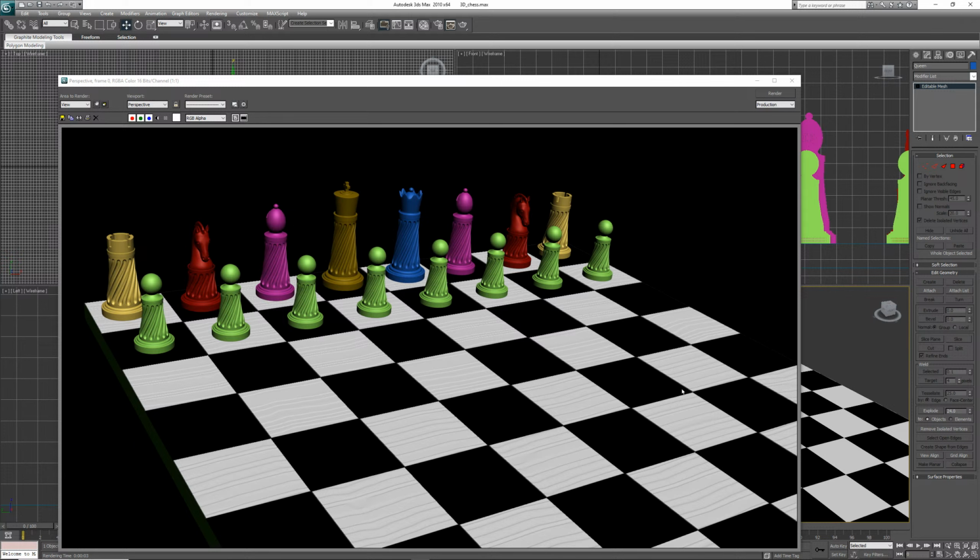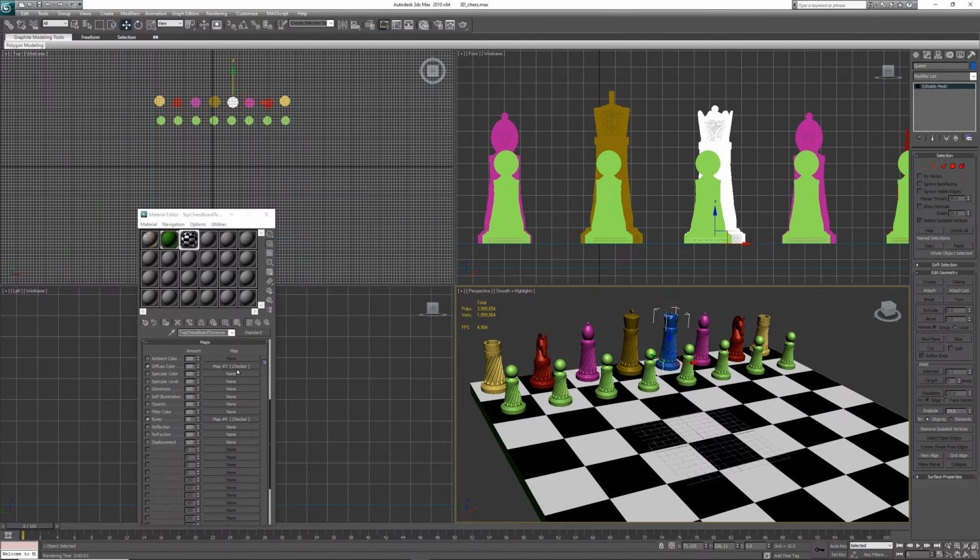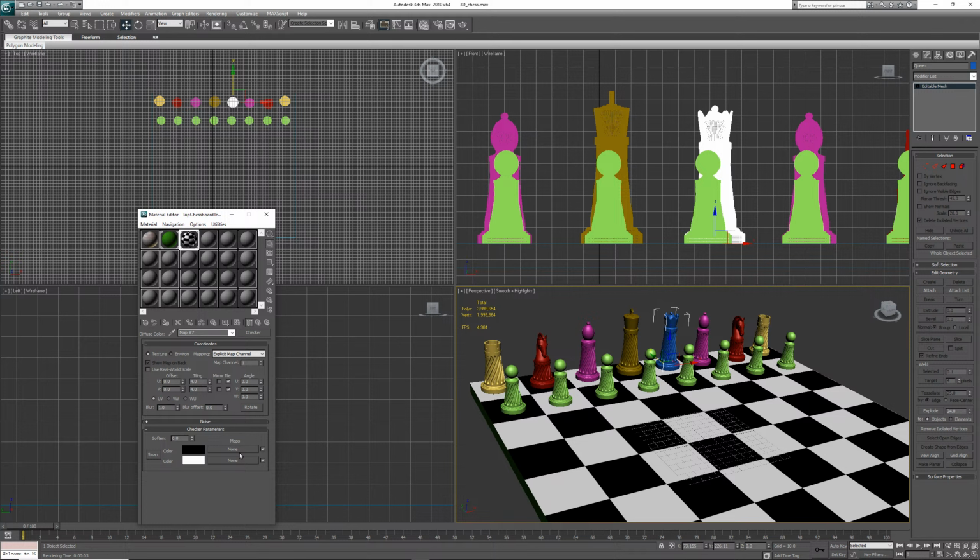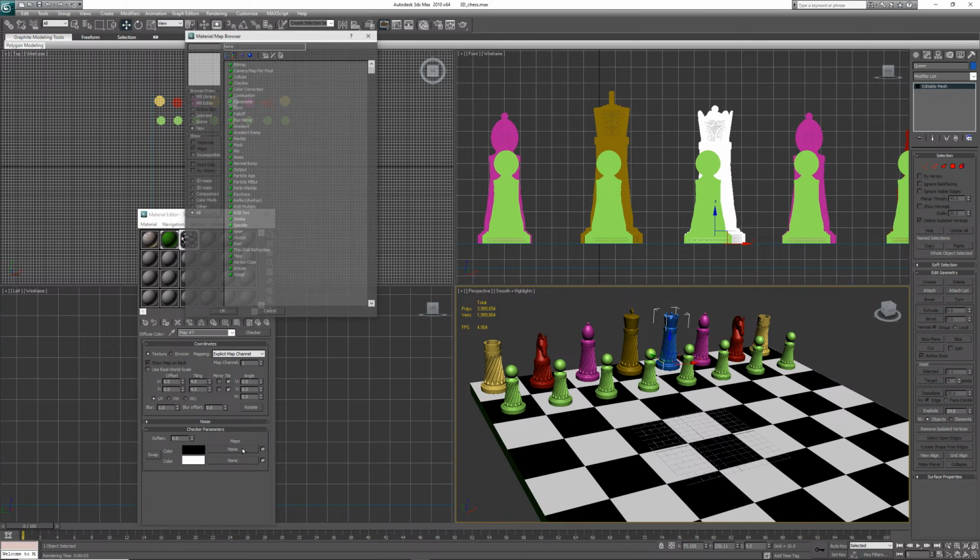Okay? Hopefully, guys, this makes sense. But just because we're using black and white as a checker, let me go ahead and make it as wood now. Let me go ahead and show you how it's going to go as a wood. And we're going to apply the dark wood and light wood, okay, instead of black and white. So I'm going to click on that maps none. I'm going to click on it, on that square, and